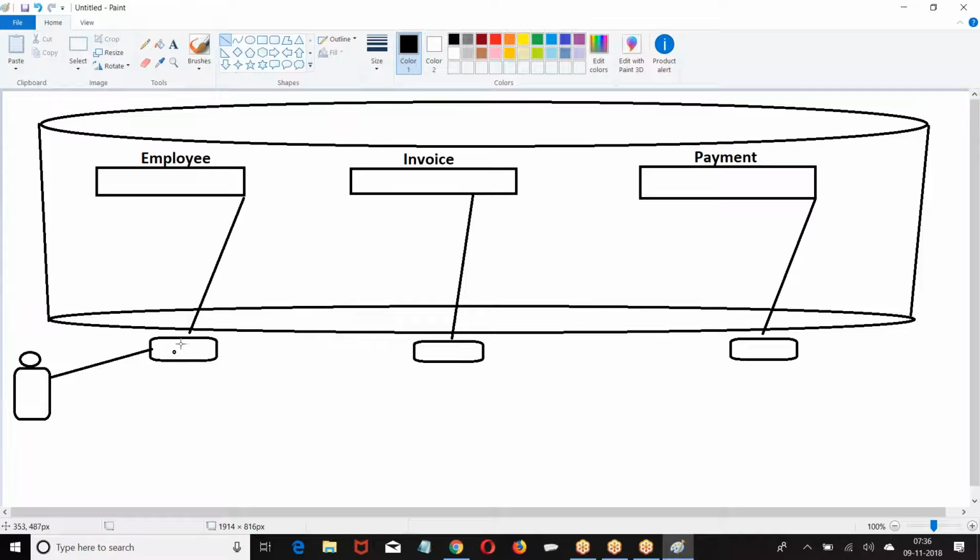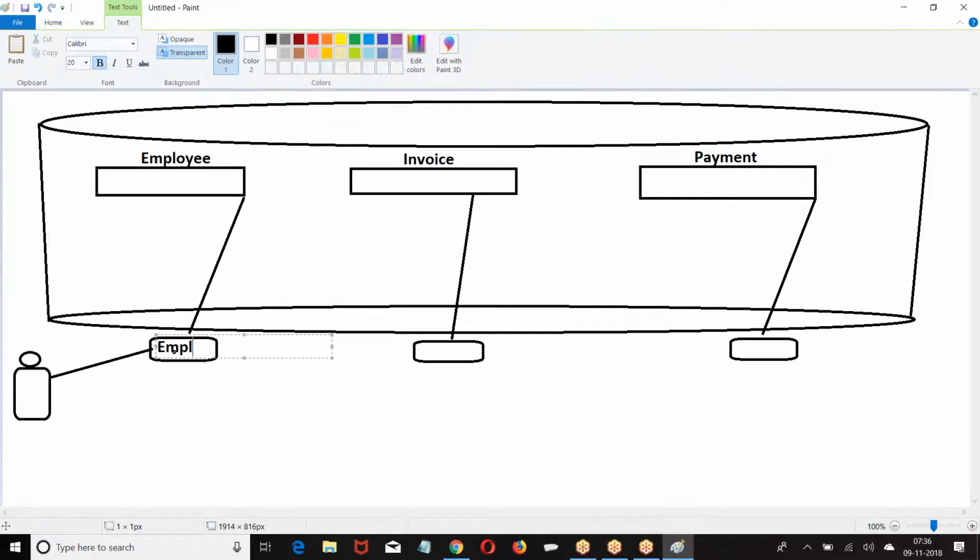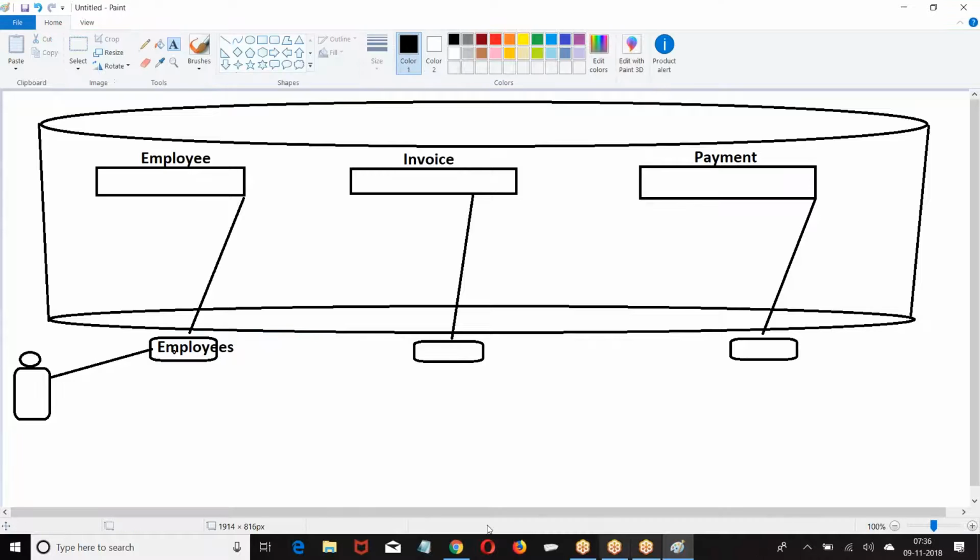Now, how do you know this tab is for this object? Whatever name we are printing on the tab helps us recognize which object this tab is for. The name that you print on the tab is called the plural label. For an object, if you are creating a tab, the name that should be printed on the tab is called the plural label. Are you getting my point? Okay. Look at this.